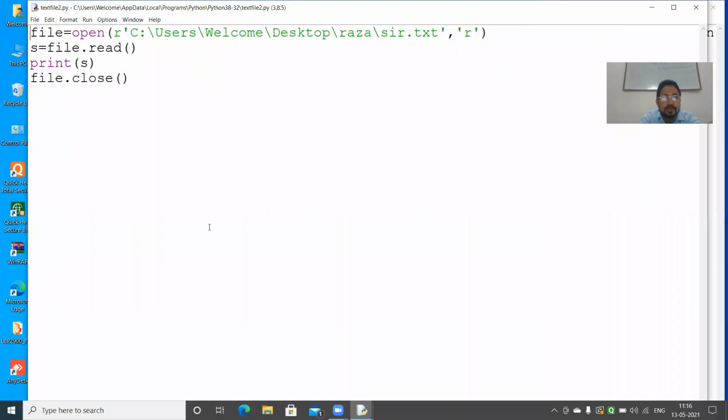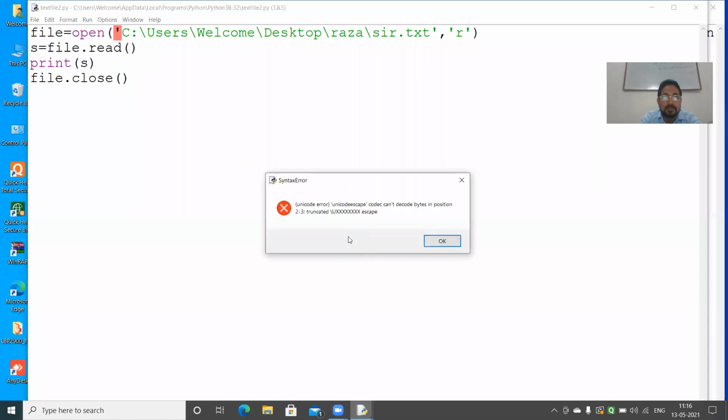Okay. So here, wait. It was showing an error. See here, I will run this program, and it shows a Unicode error, cannot decode bytes in position. This problem may come in some systems.